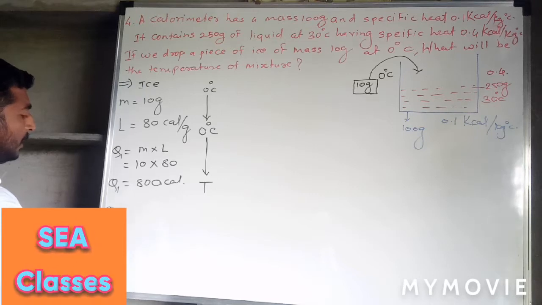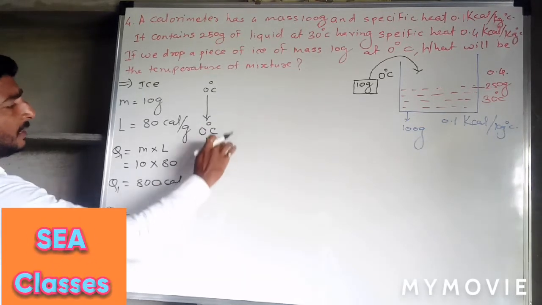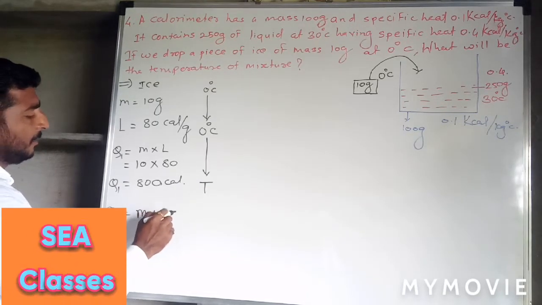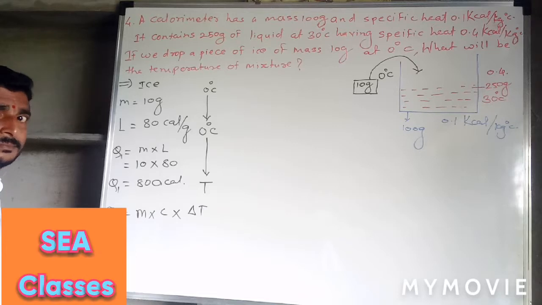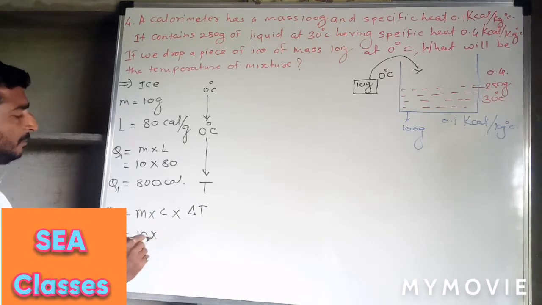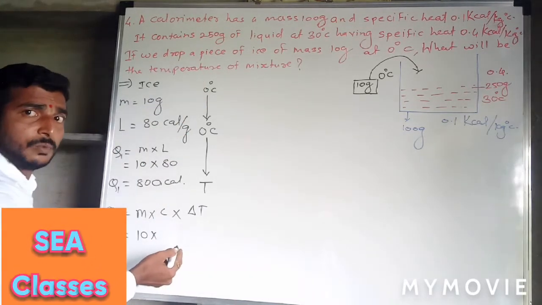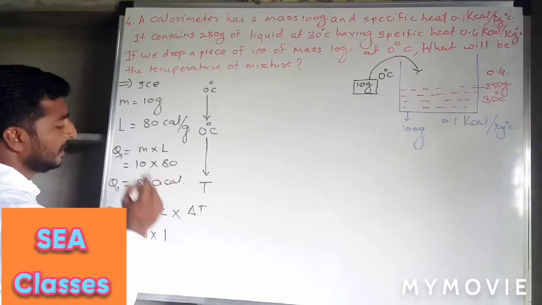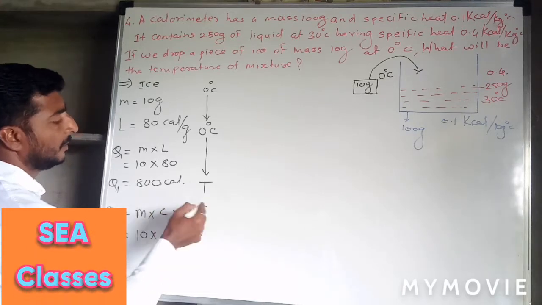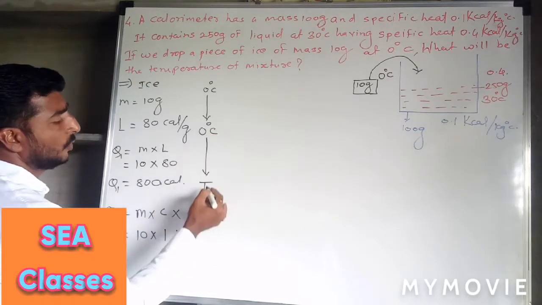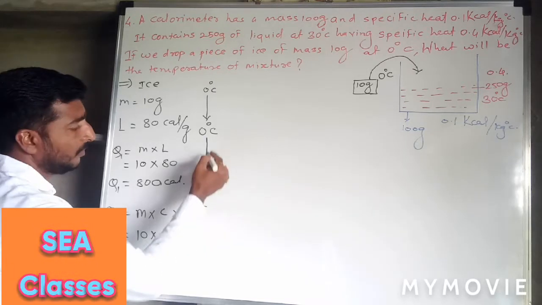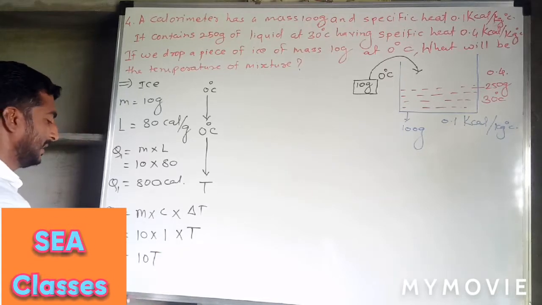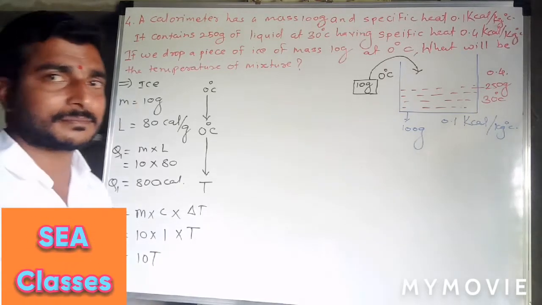So that means we will have another value from this stage, as the temperature is increasing here. So you will have another formula, that is m into c into delta T. Now mass is 10 gram. The mass of ice and the mass of the water formed will be the same, so 10 gram. Then the specific heat of ice or water is 1, and delta T is going from 0 to T. So the temperature will be increased here, so plus 0 will be T, and that will be equal to 10T. So Q2 will be 10T.